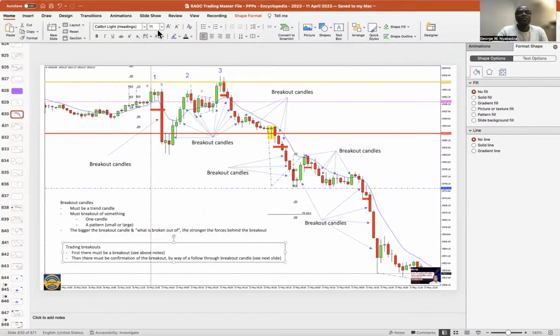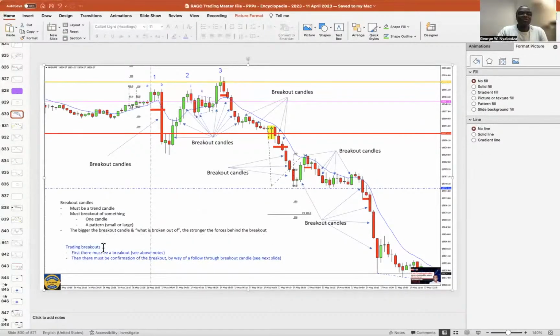So the point is, first of all, you need to see the breakout. And once you see the breakout, if you want to trade it, then there must be a confirmation of the breakout by way of a follow-through breakout candle. So very quickly, breakout candles, okay? We've seen that. They are trend candles. If you look at all the ones that we mark, they are trend candles. They are not dojis. A doji is not a trend candle, okay? And if you just take time to look at it, they are breaking out of something, either breaking out of